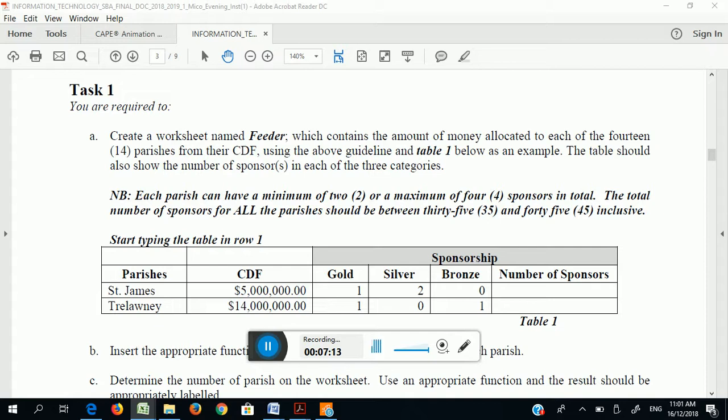So we have St. Thomas, St. Cath, right. Westmoreland, St. Elizabeth, Manchester, St. Catherine, St. Andrew, Kingston, Portland, St. Mary, St. Anne.